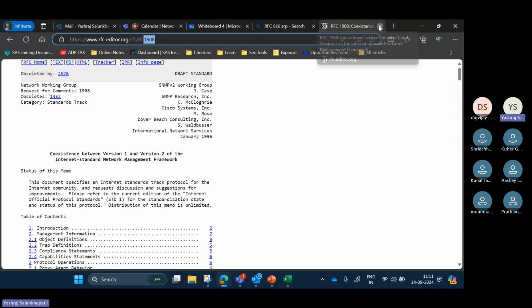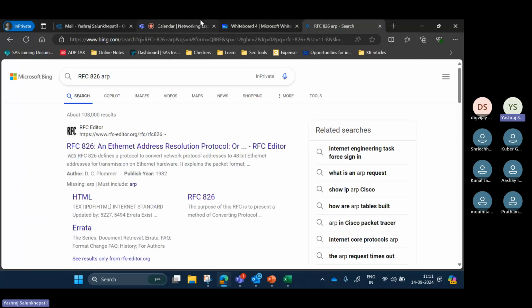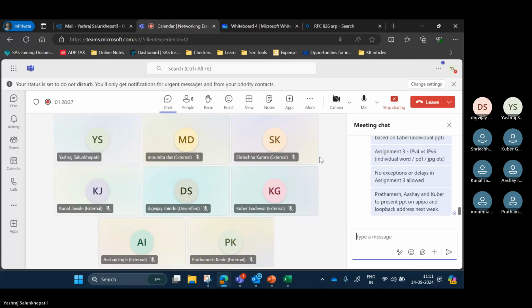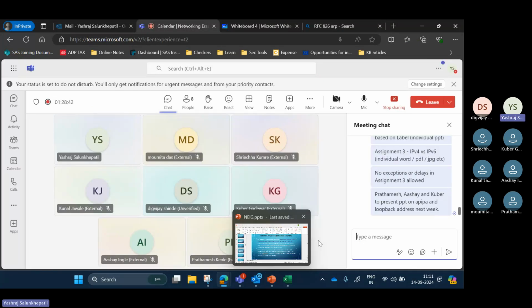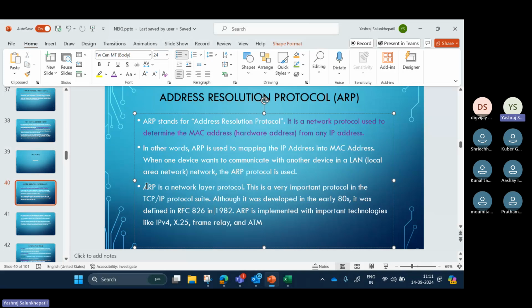So if ever you want to check anything or verify, you can go on Google, put RFC and the number. अगर मिलता नहीं है तो डायरेक्ट गूगल डालो, वो RFC नंबर आपको खुद दे देगा. ठीक है. So ARP का definition, legal definition that is accepted all over the world by everyone in the world, कहाँ पे है? RFC 826 में. If you want to go and check.